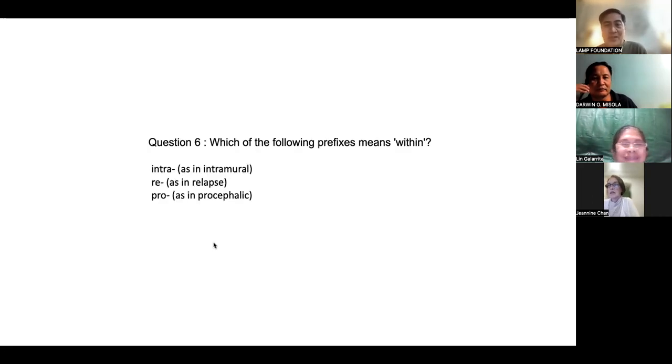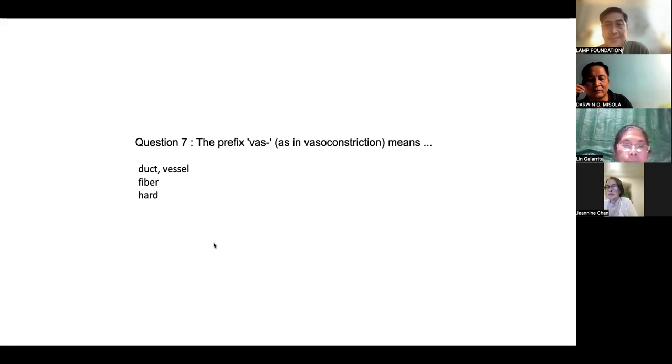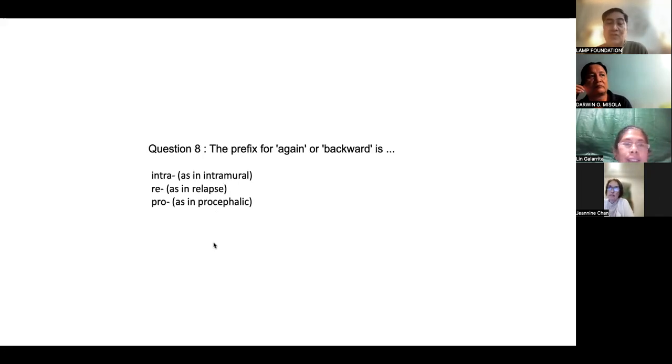Which of the following prefixes means within? Intra, as in intramural. The prefix vas, as in vasoconstriction, means? Duct or vessel. So now you understand why it's called cardiovascular. Okay. The prefix for again or backward is,